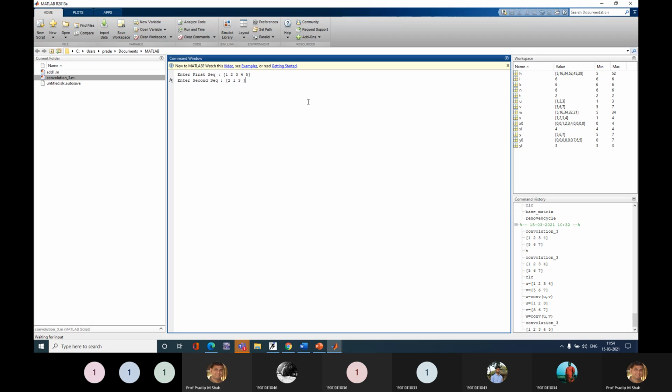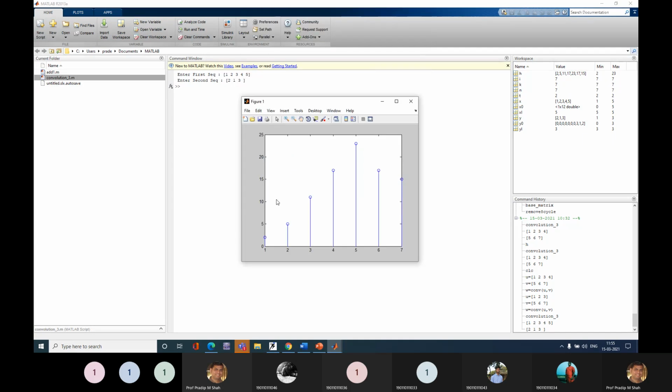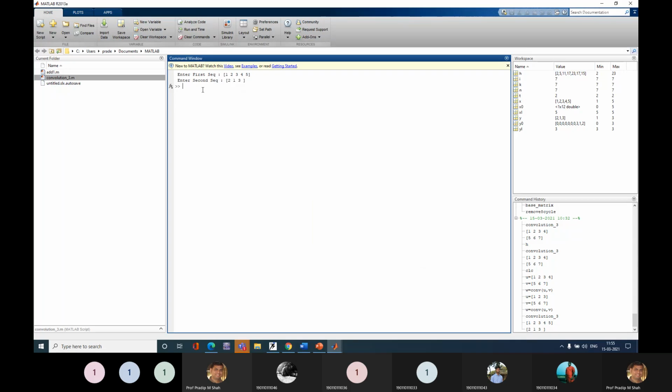So ultimately we all know what is the size of my output. 7. Okay, but along with the size, you can also see the figure. The figure is this. Otherwise, if you need to, you can enter h.